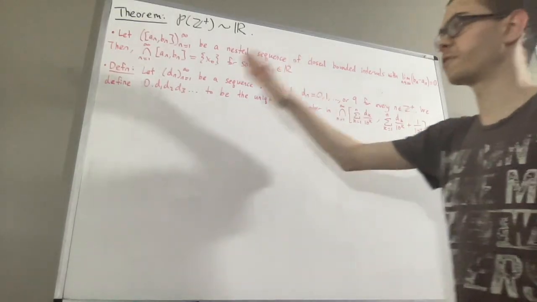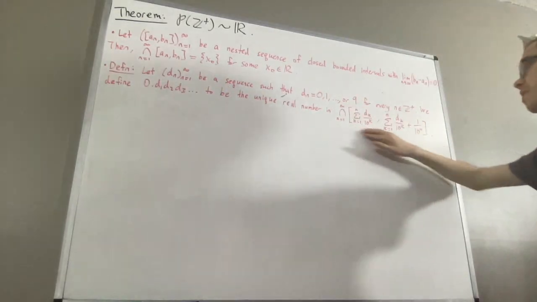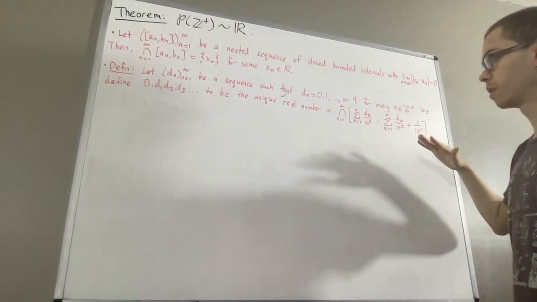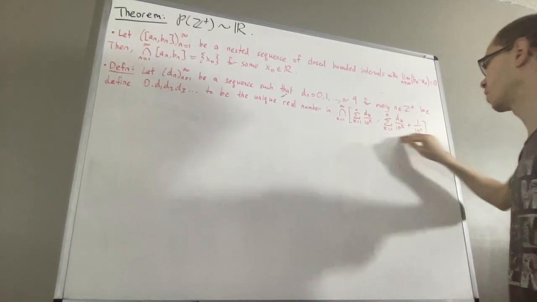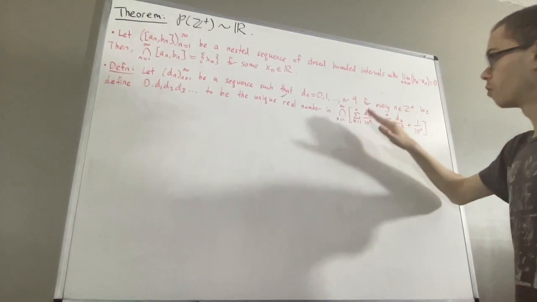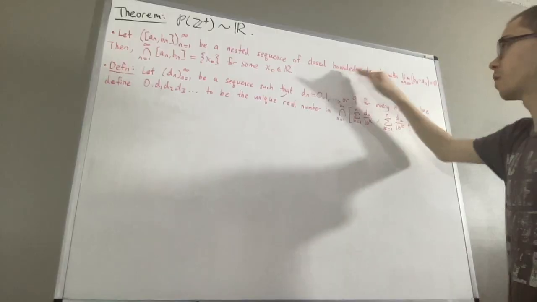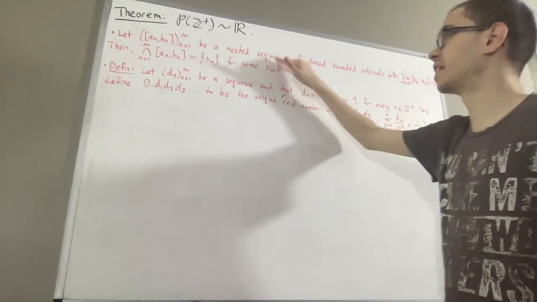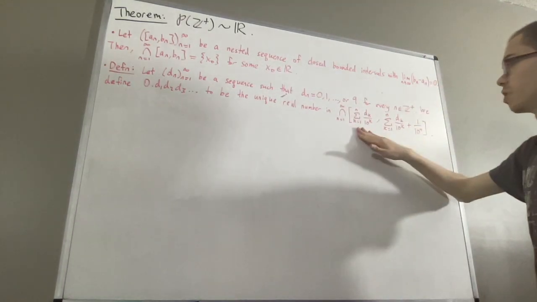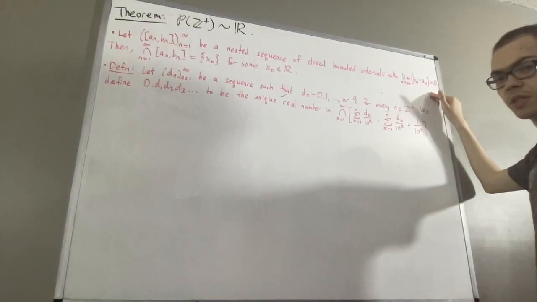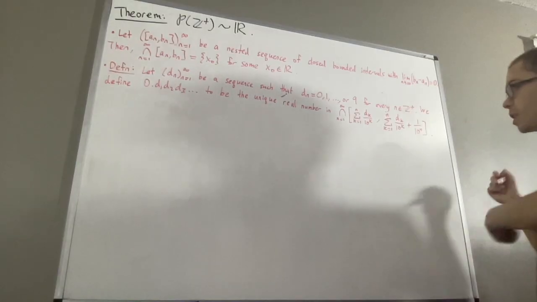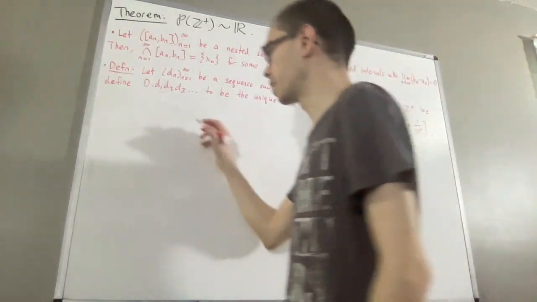So, to show that this definition makes sense, we want to show that this set consists of exactly one real number. And to see how, if we consider this sequence of closed intervals from n equals 1 to infinity, we know it is a sequence of closed bounded intervals. We want to show that it is a nested sequence, and also that the limit of the difference between the endpoints will converge to 0. Now, it's pretty clear that the limit of the difference between the endpoints is going to converge to 0, because if we take the difference between the two endpoints in any closed interval,